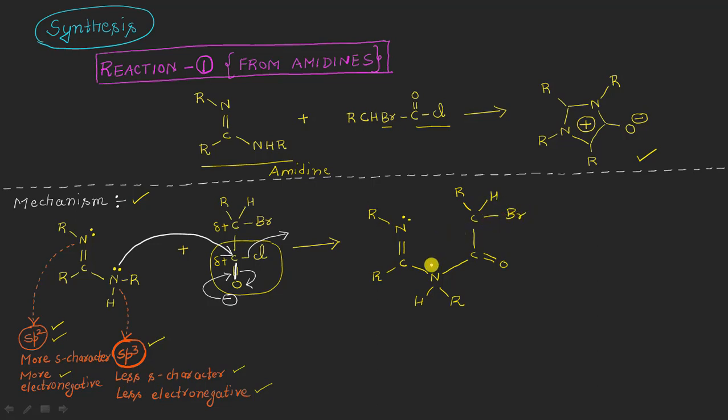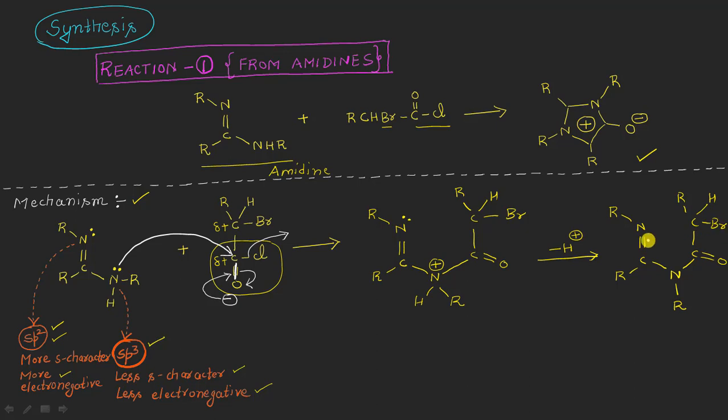And now after that, we need to put a positive sign here because nitrogen here is forming 4 bonds. So what will happen next here? It will release one proton from itself, such that it will now become R-N double bond carbon, to which one R group is attached. This will now be a nitrogen atom to which the other R group is attached here. C double bond oxygen, a single bond carbon, on which one hydrogen, one R and a bromo is present in this way, right?